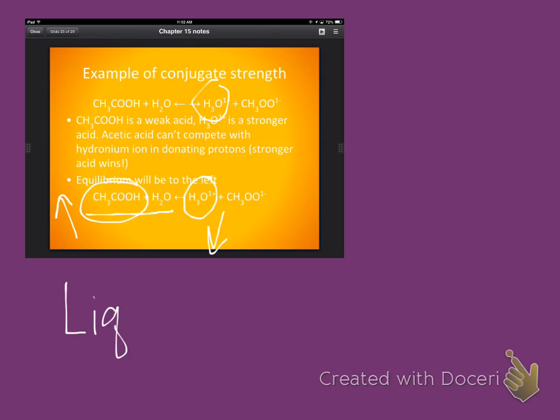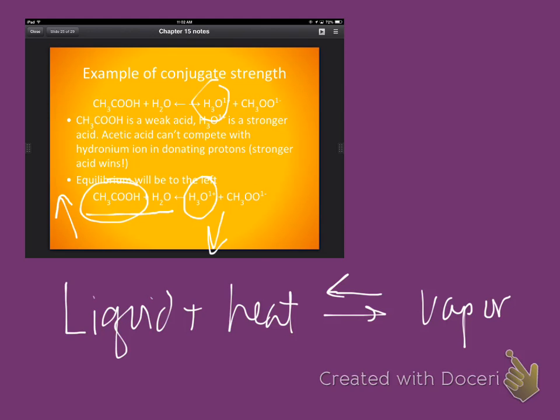Let's think back to our liquid plus heat yields what? Vapor. And if we think about it in those terms, this is an equilibrium thing. Equilibrium is going to end up someplace where we're going to have more particles in the liquid phase or more particles in the vapor phase. With a reaction like this, it's the same kind of thing. Equilibrium is going to settle somewhere where we'll have either more molecules of acetic acid or